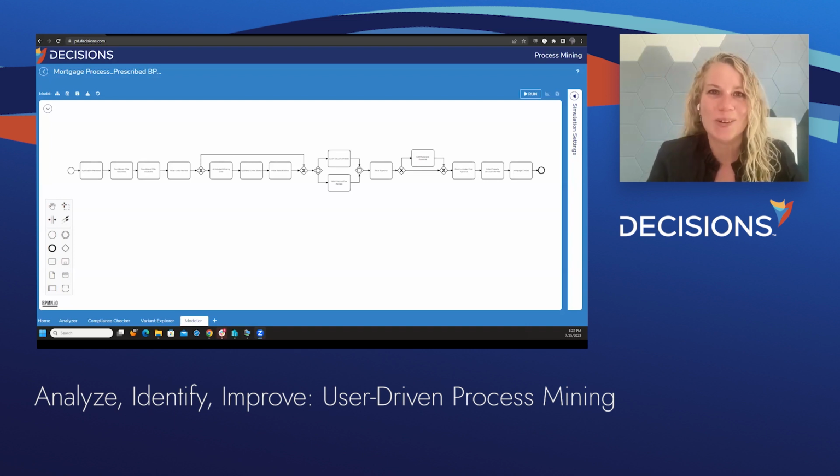We have customers who come to Decisions directly from the C-suite who say, hey, I need something like this that's going to automate everything within my company. We have customers who are line of business managers who are looking for a tool because they can't get what they need out of IT fast enough. That's a lot of what I've heard. And sometimes we have engineers who say, hey, I need a business rules engine, or I need a no-code solution to help me increase my productivity within my engineering team.